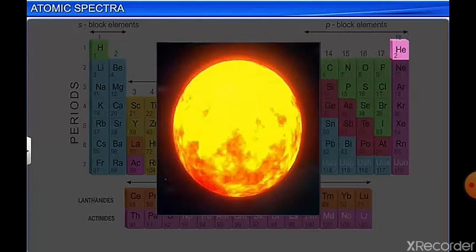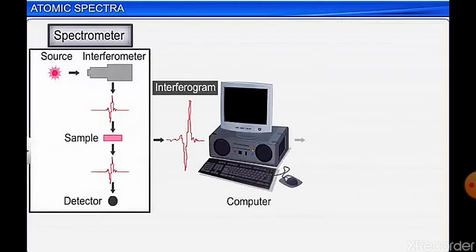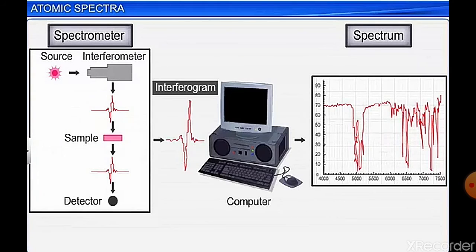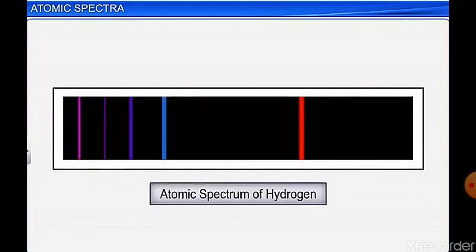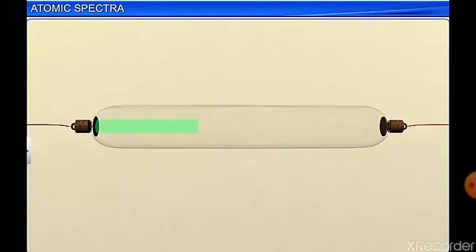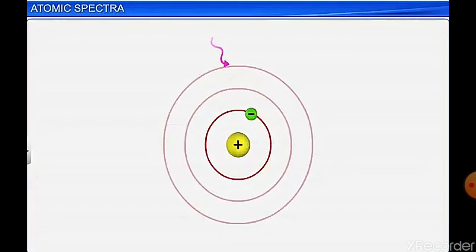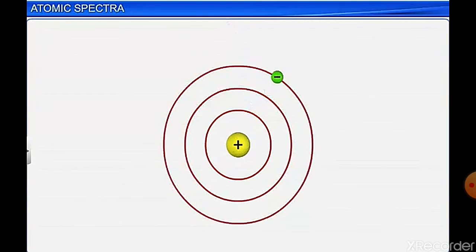Helium was present in the sun was also understood on the basis of the spectra. Atomic spectrum of hydrogen. So now we shall discuss the atomic spectra of hydrogen, which has only one electron. When hydrogen gas is discharged, it emits different kinds of light. The electron moves to different, higher energy levels by absorbing energy, and when it comes back to its